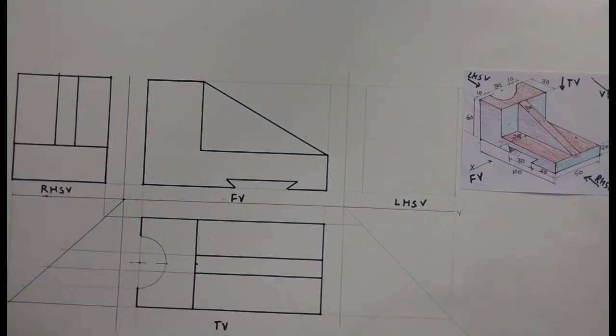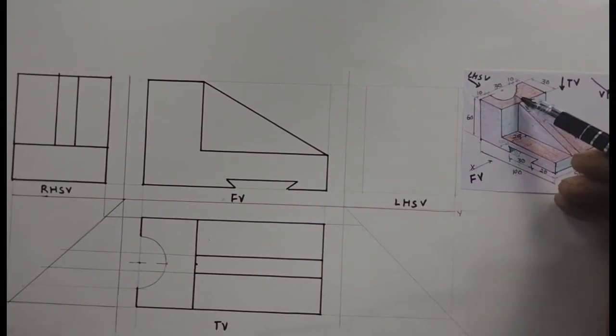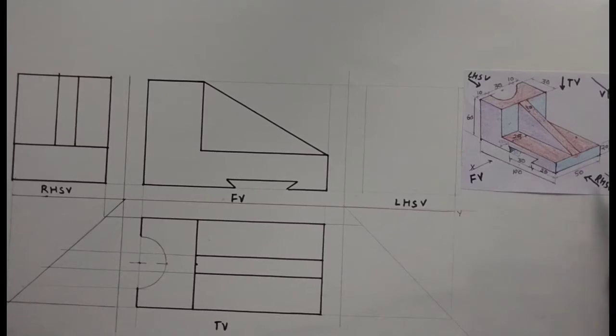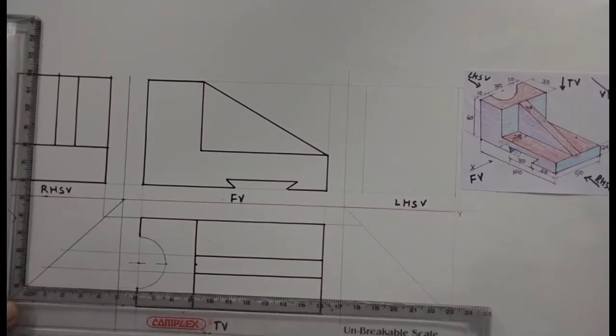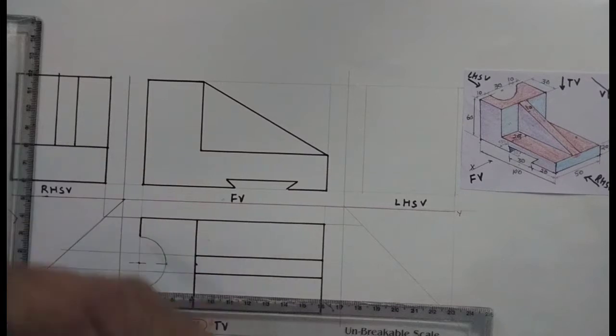You can draw this way. But actually in the right hand side view, this half circular hole cutting vertically is not visible. So we can show it with a dotted line. How to show it? You take the extreme point of this circle, and shift it with a projection vertically,